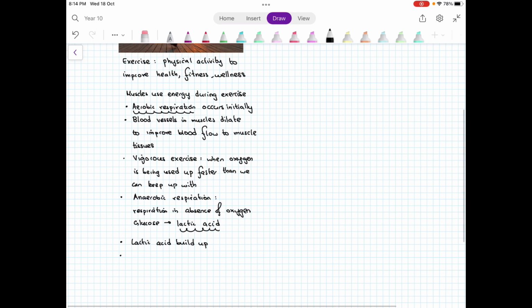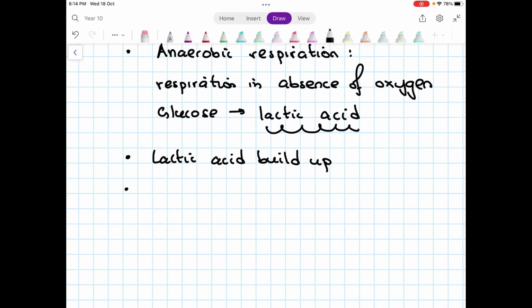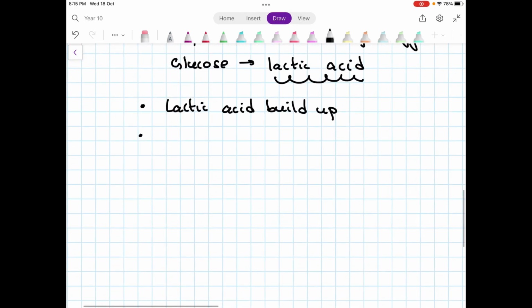So what we need to do is detoxify this lactic acid, and this occurs by reacting it with oxygen. So during vigorous exercise, something known as an oxygen debt builds up. So we have an oxygen debt, or a temporary shortage of oxygen,